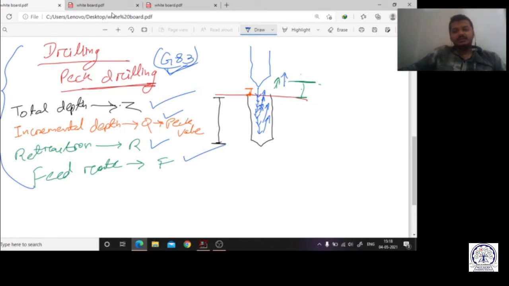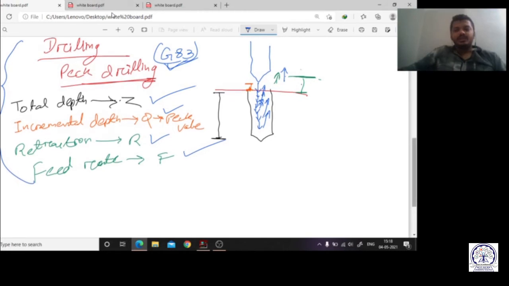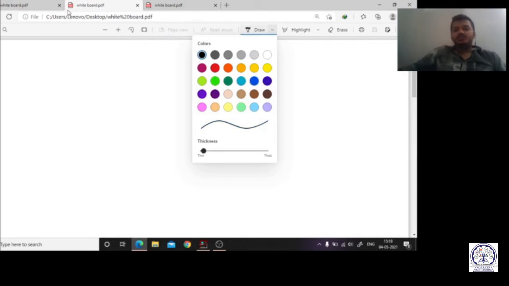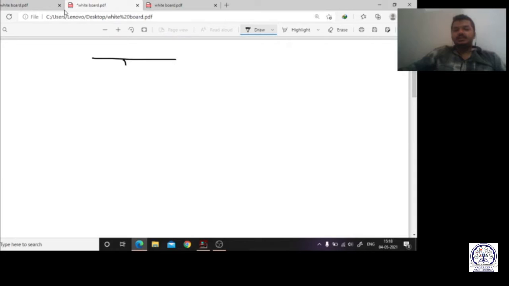Before applying it in the software, let me show you the software. But before that, all of you have to know, sir, for any drilling operation, how to proceed. At first we have to go for a central drill. Why we need the central drill, sir? For a marking purpose, so that whenever we go for a larger drill, it will not be distracted. Central drill is a very small size drill bit, and there we keep the depth maximum up to 2 mm or maximum 4 mm. We generally give it.